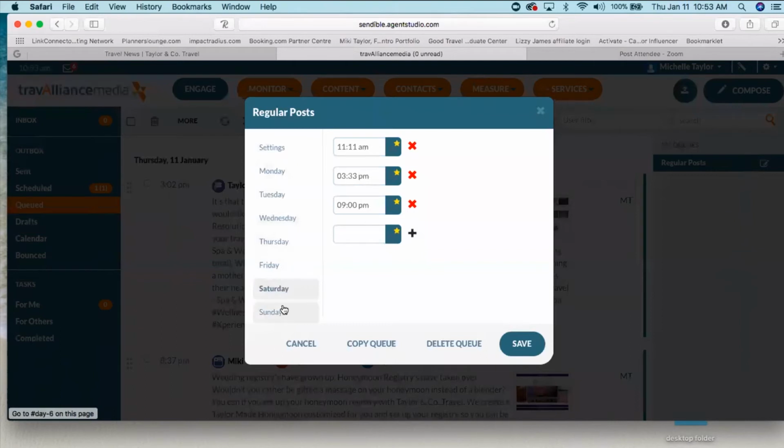Now, we have 25 posts and 10 time slots. When it gets to the following Monday, it's going to start posting where it left off. Okay, meaning it's going to post 11, 12, 13, and go through. So each time, as long as you don't have the same number of time slots set up as you have posts, they'll post and go out on different days and different times.